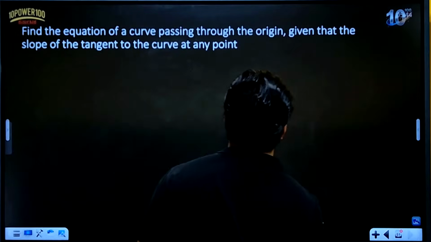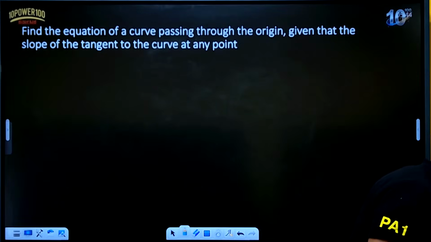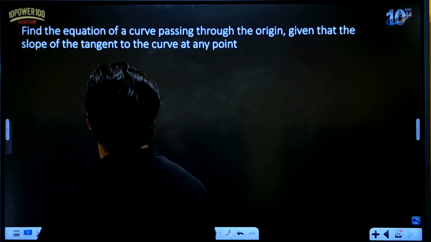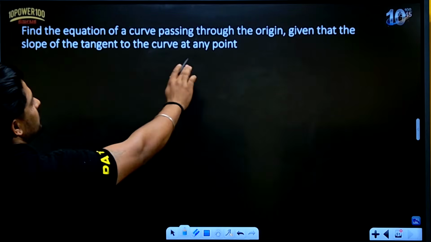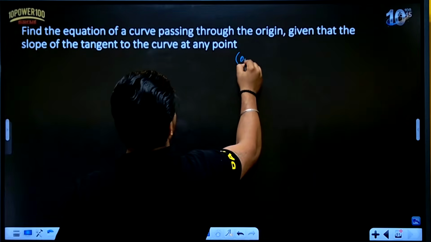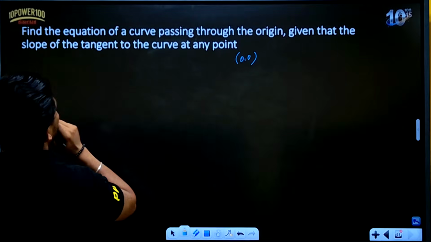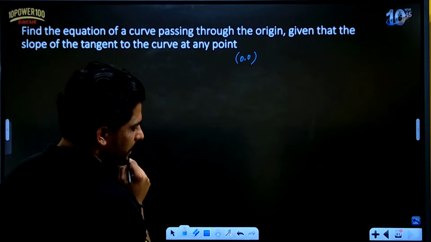Okay, and today is the last topic. I hope it is clear. So the last topic is: find the equation of the curve passing through the origin, that is (0, 0), given that the slope of the tangent of the curve at any point